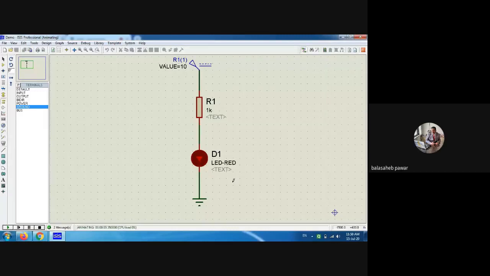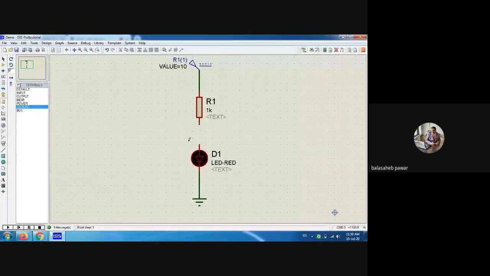Yes, sir. Okay. Now what we have to do: whatever calculation we did, we know as per our calculation the current flowing through this LED is how much? 7.8 milliamperes, is it? So what you will do, just break this terminal and try to place one current meter, because the current meter should be in series for the measurement of current. Okay.